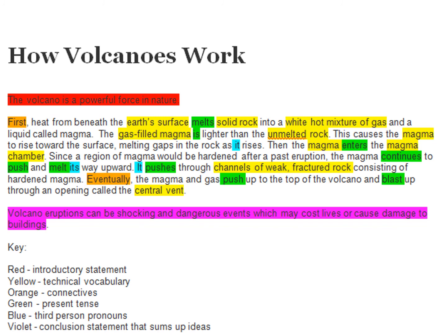So again, you're not going to be talking about people, so it's always going to be it, the compass, the north, the south, it. Blue, yes, that's the third person pronouns, and the violet at the bottom is a conclusion. Not everybody put a conclusion in, so I'll be looking for something like that